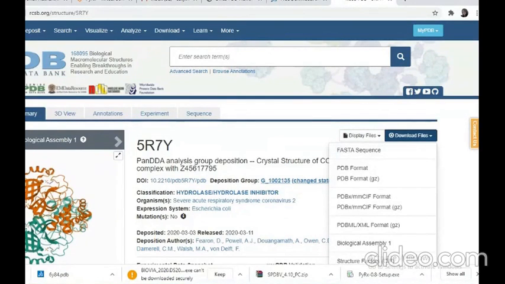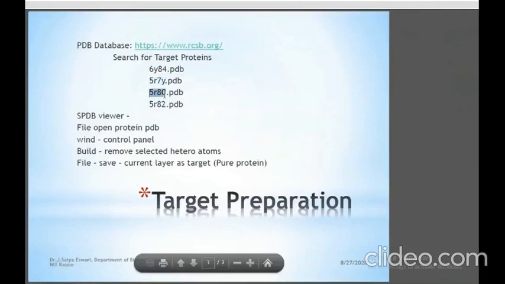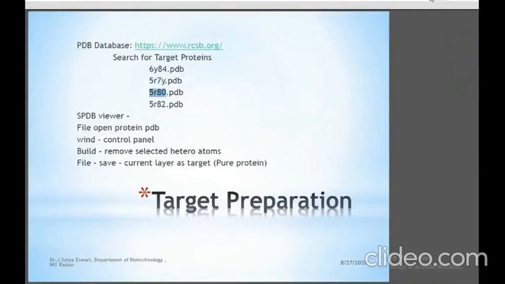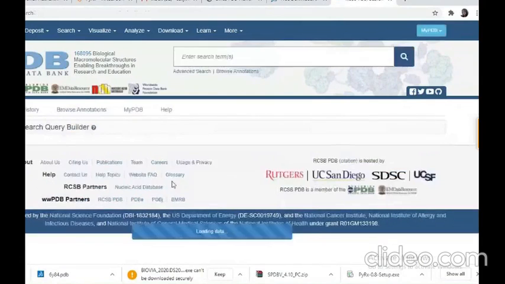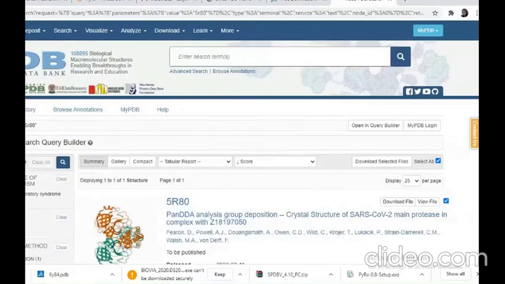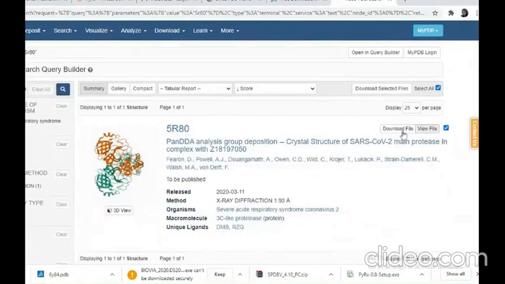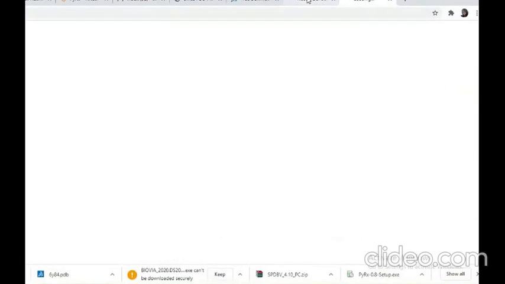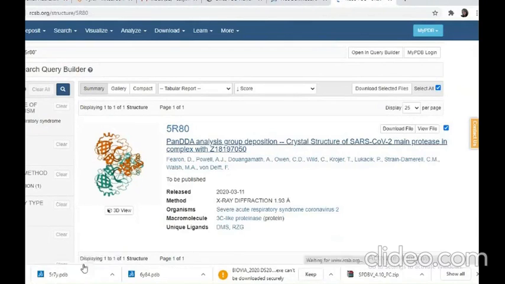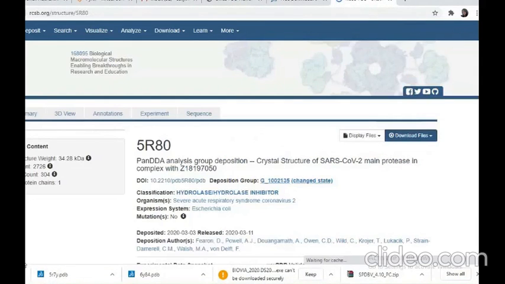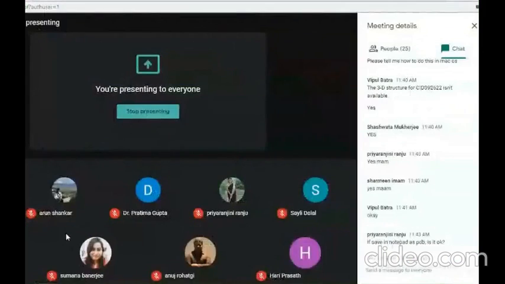Again, the next protein is 5R80. All proteins will be downloaded like this. Someone is asking if we can save this in Notepad as PDB.